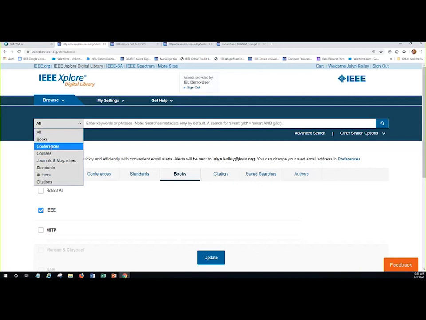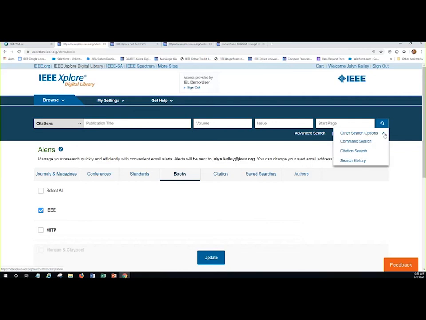But you can search by a specific content type, or you can do an author search from here to search for a specific author name, or a citation search to search for a specific publication title. Just below the global search box is a link to the advanced search page and a drop-down menu to access a few other search options as well.